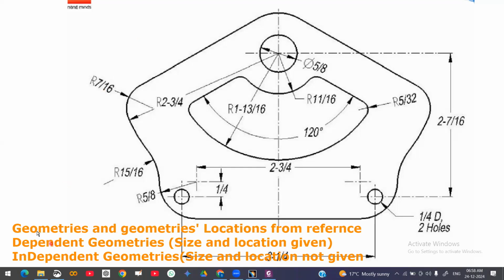So first, we need to check the geometries and geometries locations from the reference. The reference could be from the axis, the horizontal and vertical axis. So maybe it's like this. From here, what we give, that we are going to take. So next point,